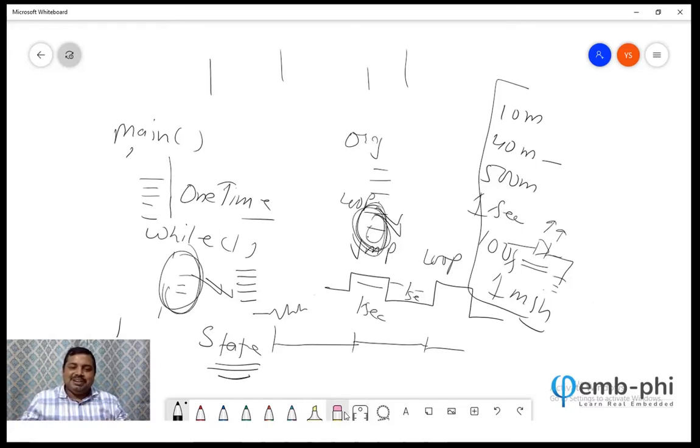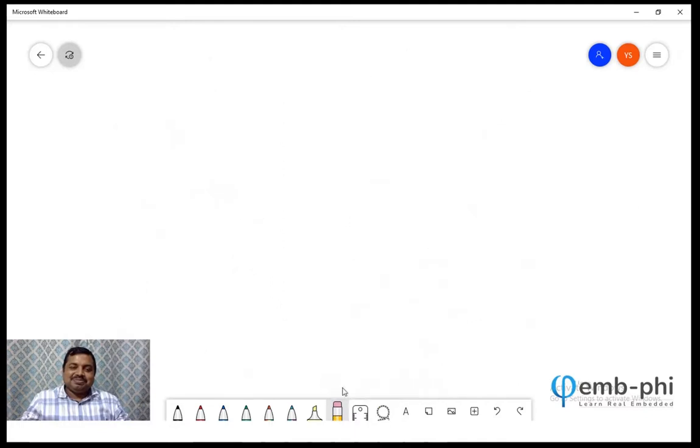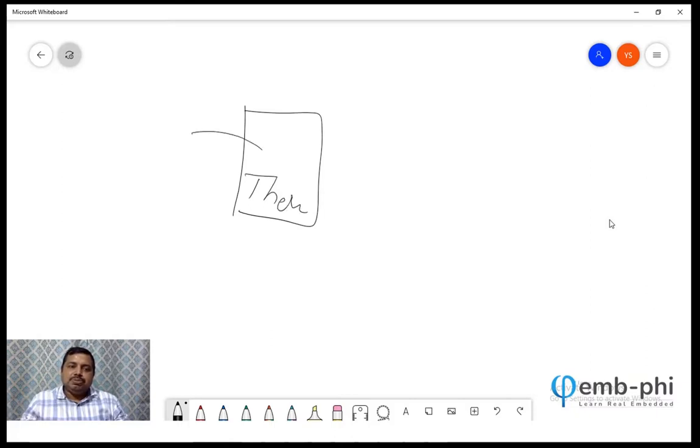I'll try one more time to explain this thing. Consider if you are writing an application for a nuclear or thermal plant, and in this you put a temperature sensor.